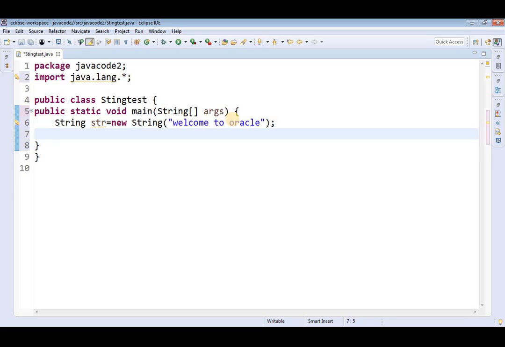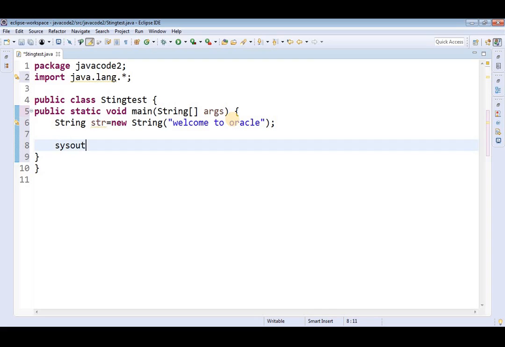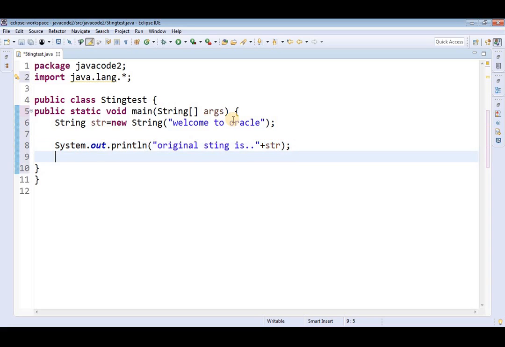Later, I will print the original string. To print that one, I am using the shortcut sysout. In the sysout, I am giving "original string is" plus str.